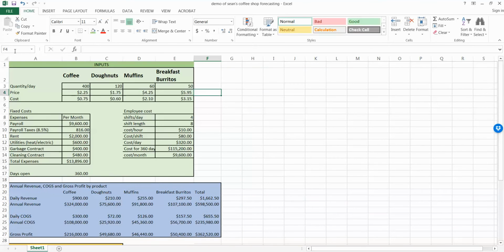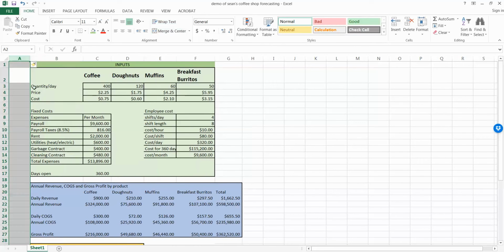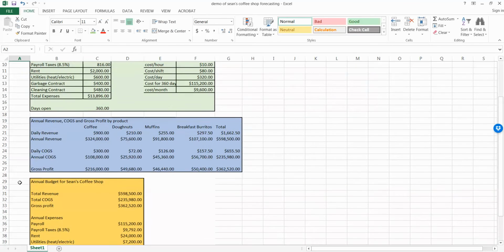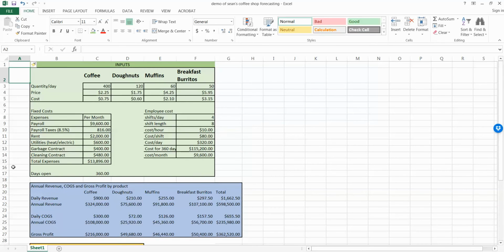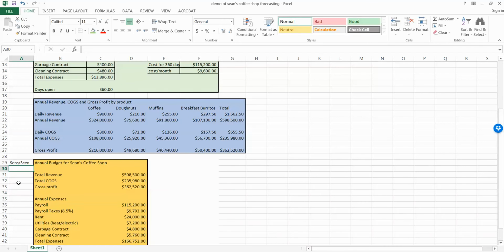So we look here, what we need to do first is insert a column to the left of our column A. So we hit insert, and that will give us a new column A. And what we're going to do here is create a sensitivity scenario column. I'll make that a little bit wider, and we're going to put in 100% for the change on